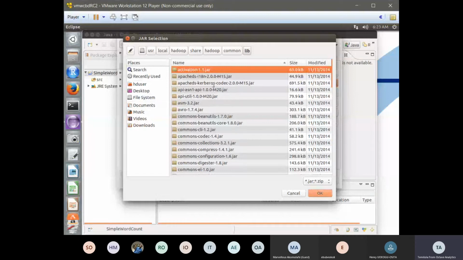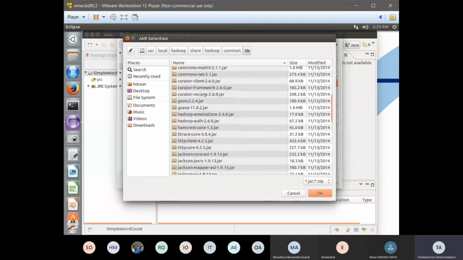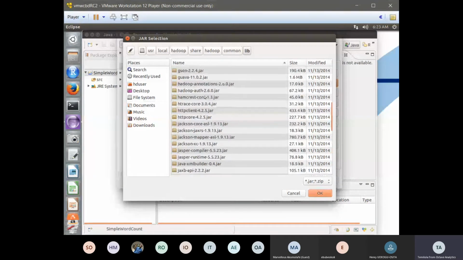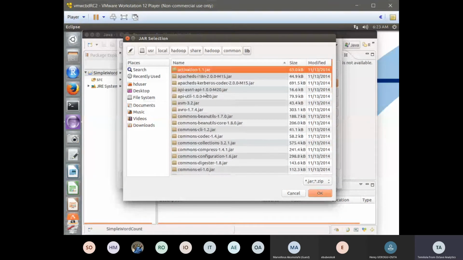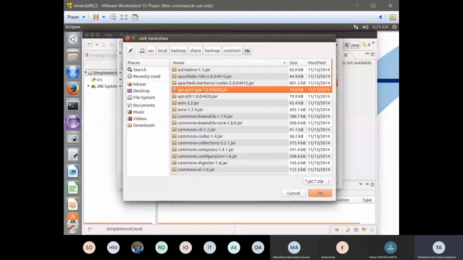What I'll need to do is start picking those jar files. The very first one I need to use is the API ASN. Luckily for me, everything here is already labeled alphabetically. So I need to look for API ASN 1-1.0. So here's API ASN. The next one I need to look for is commons-cli-1.2.jar. I'll hold control so I can select many of these files at once. So commons